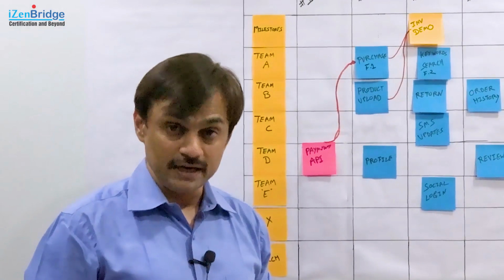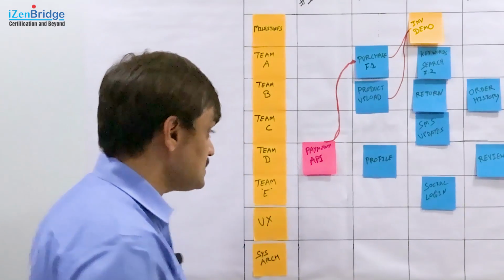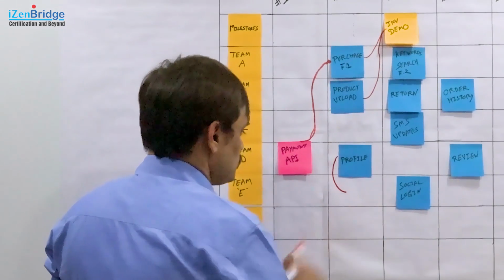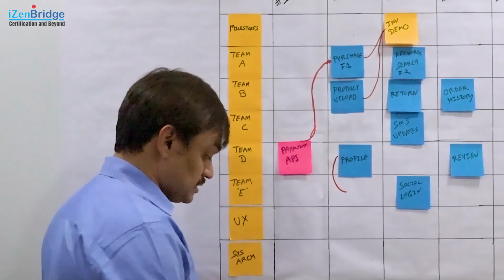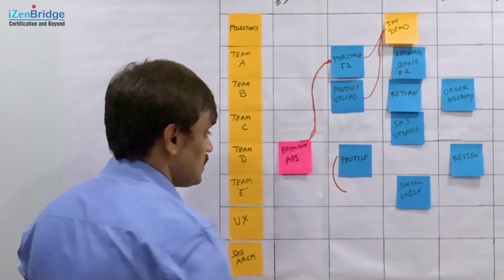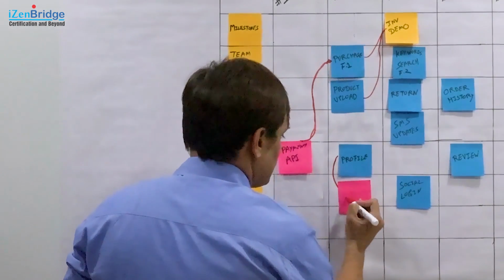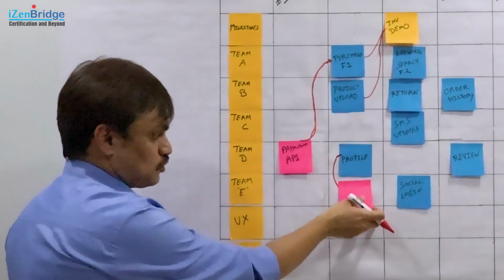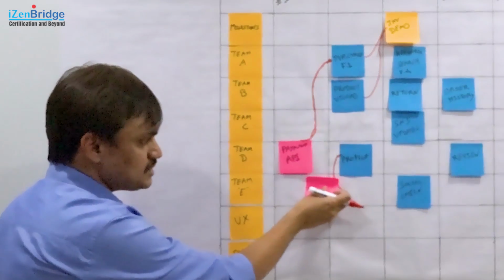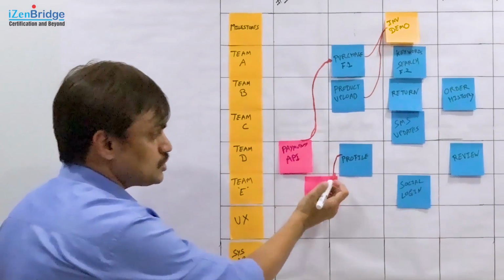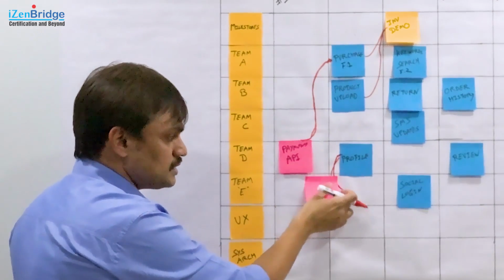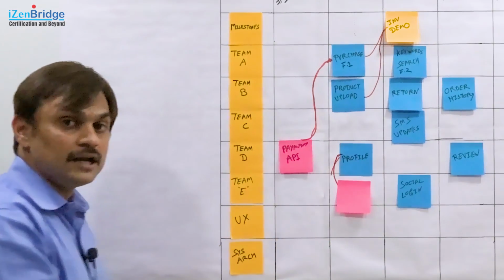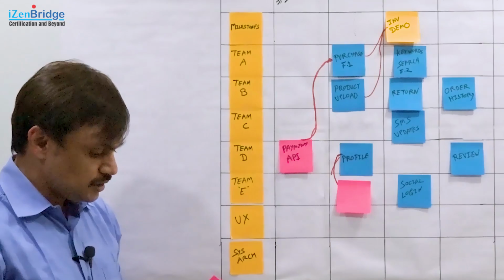The program board can help us in doing various diagnoses. It can help us in identifying the risky items, like in some cases if you have a dependency in the same iteration, you may want to get a little worried about it, because there is a probability that if this dependency gets shifted, then you will not be able to get this feature done. So we may explore whether it is possible to move this work to the previous iteration to make it better. When we do an integrated review and see this whole thing, we may end up identifying these kinds of critical risks.